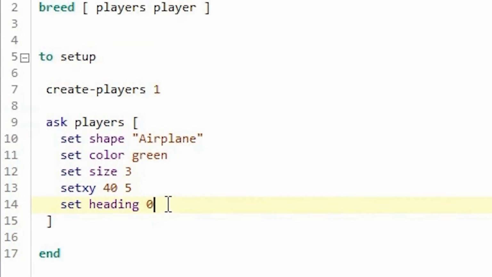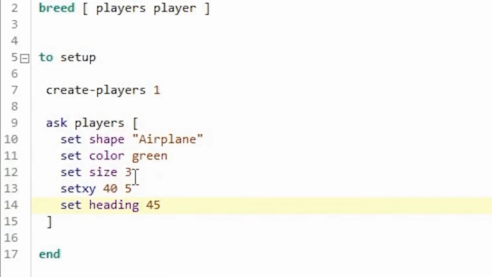it's heading north now. But let's say if I give something like 45, then it's heading at an angle of 45 degrees when we calculate the angle from the north direction.